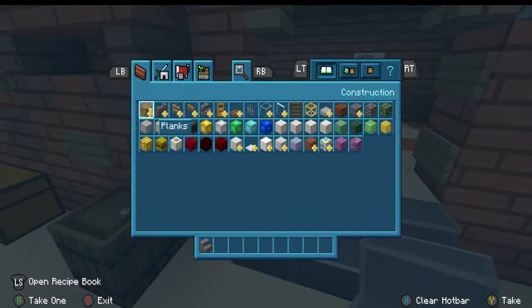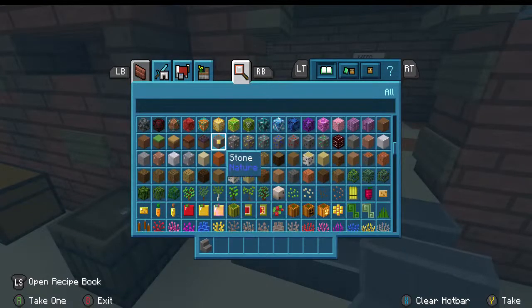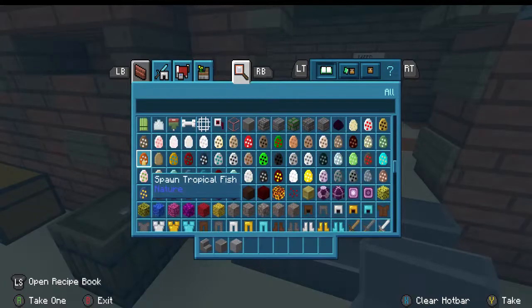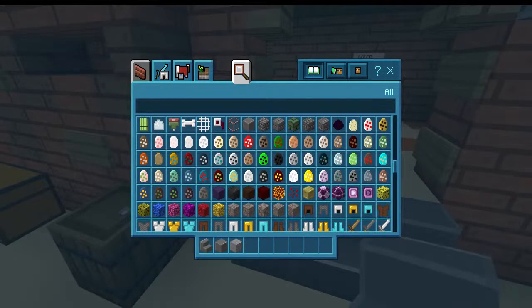So if I can find stone, I could actually start off. So we got stone and site. So the front of Blue Base. Now the funny thing is, it's actually reversed. So everything on one side is on the other side. So